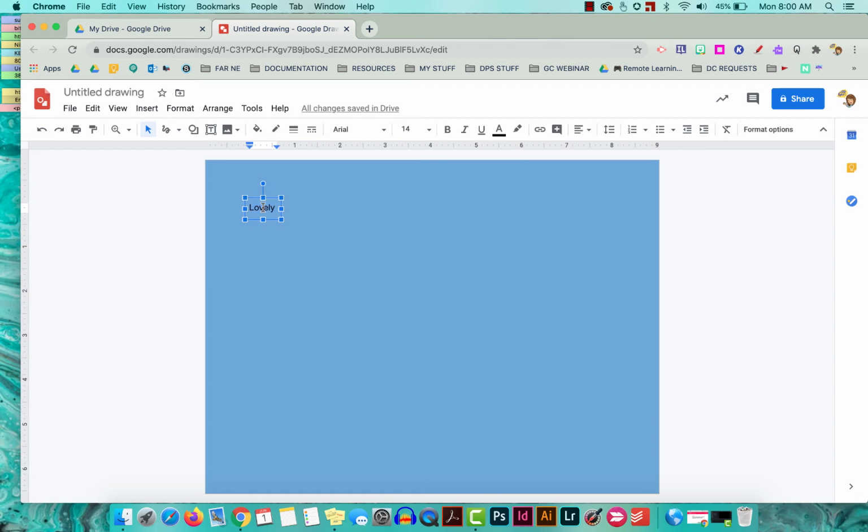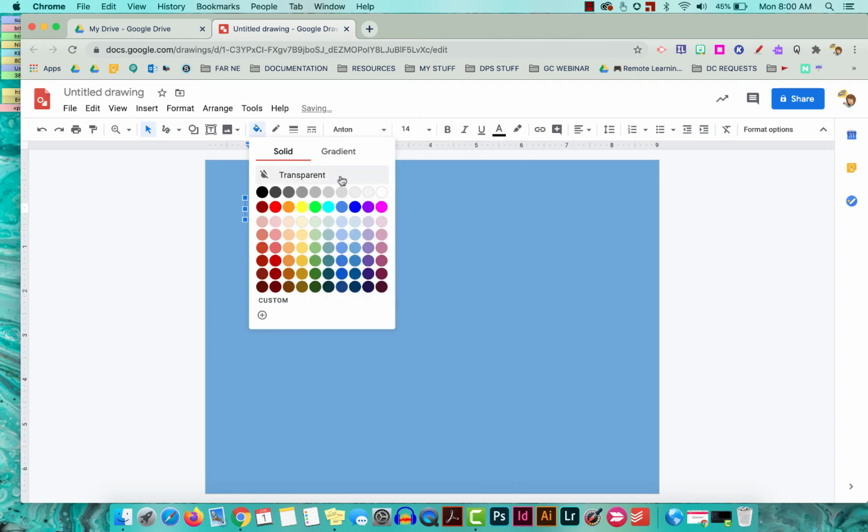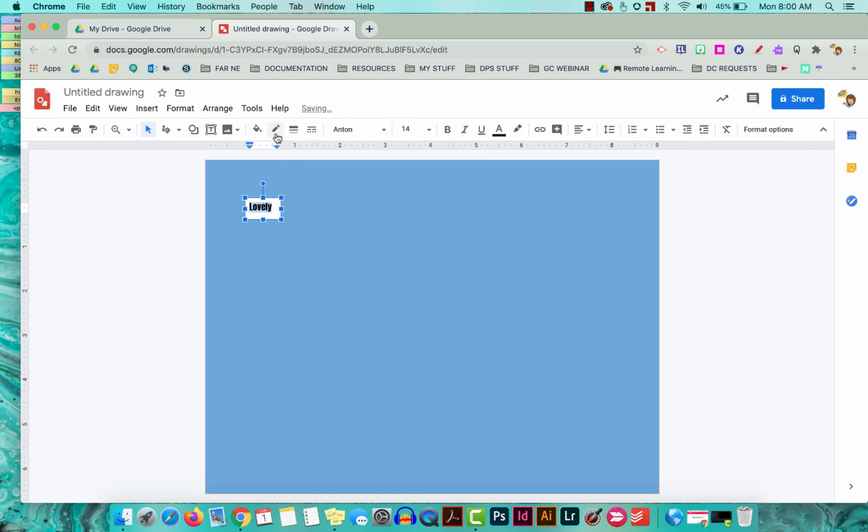Let's make it a better font again. Arial's a little bit boring sometimes. Then we'll fill that with white, maybe give it a little outline. And then we have our first piece of magnetic poetry. So I could copy this again and paste it and then just type in my second word here. And then just fill the sides with words, and kids could drag in the words as they see fit and